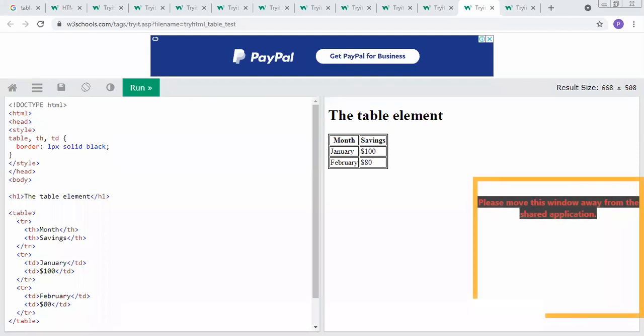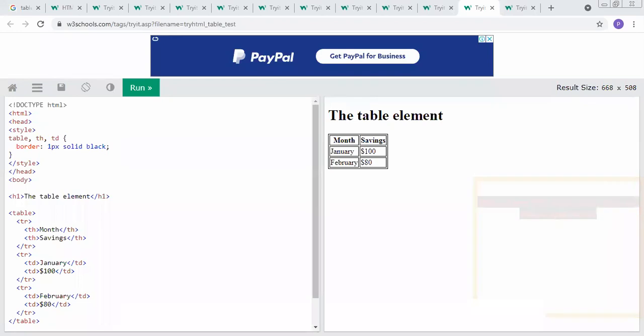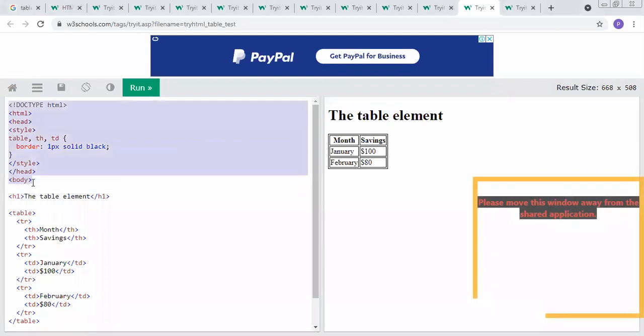There are a number of tags related to the table, called tr, th, and td. Basically the table tag is used to present the data in tabular form. It means we create rows and columns with the help of the table tag. The table tag is the main tag used to create the table. Here we have to consider the particular structure